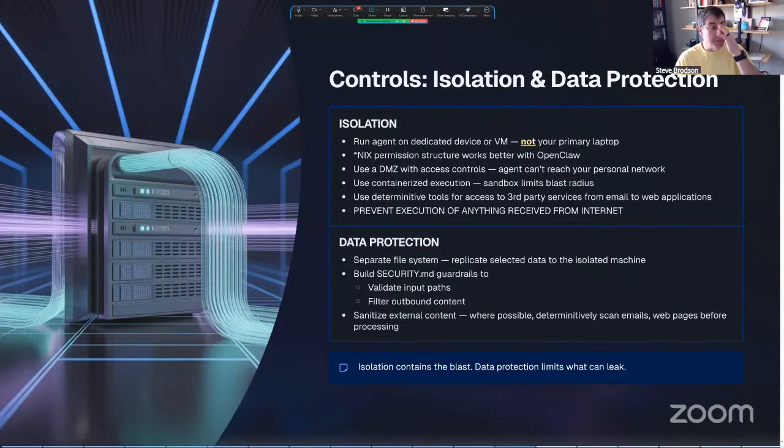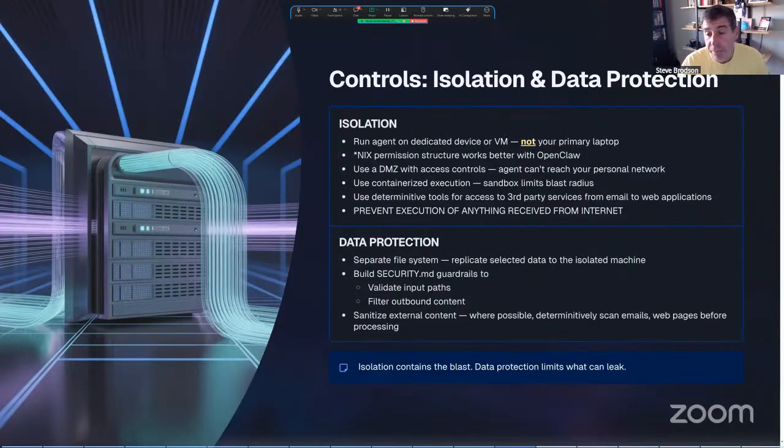I know a lot of people out there are buying Mac Minis. I'm not in the Apple ecosystem, so I bought a small box on which I run Linux. For various reasons, I find that the Unix permission structure, which is present in Linux as well as in Mac, is preferable to Windows when running OpenClaw.